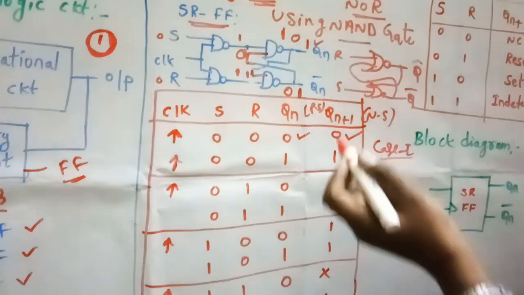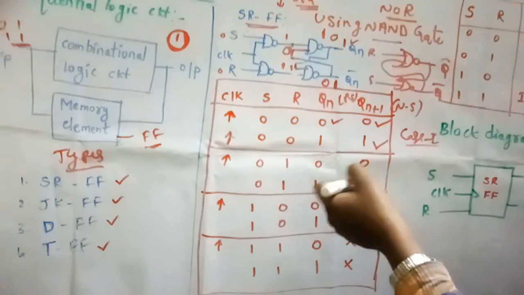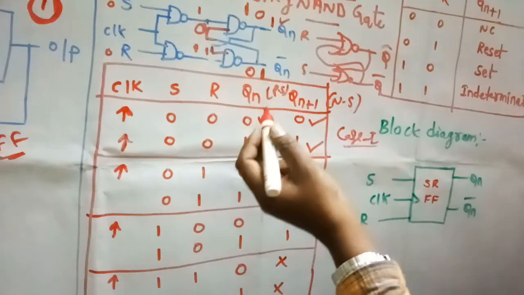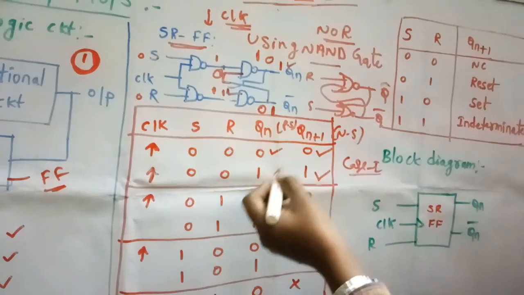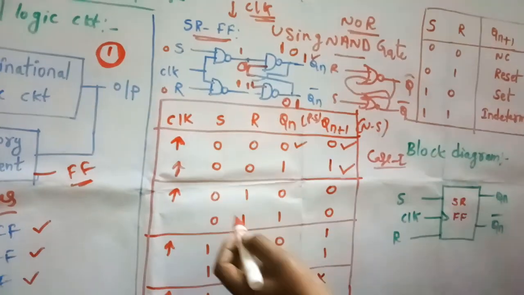In the textbook, they are mentioned as case 1, case 2, case 3, case 4 like that for all 4 combinations. So you may explain like this. You have to write the theory for 0, 0: for present state input, what is the output? For 0, 0, for present state 1, what is the corresponding next state? Like that you have to write. That is case 1. Go for case 2.